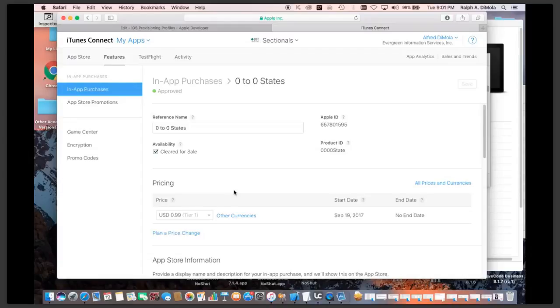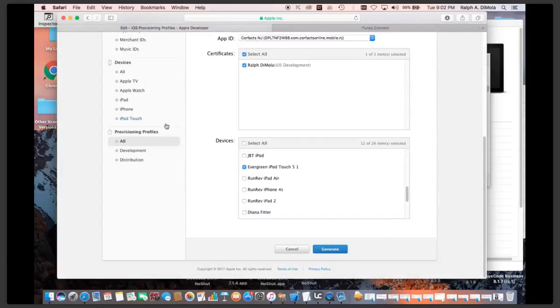But if you just don't upload a screenshot, it'll sit there in limbo land for the production release, but it will allow you to use it in an app generated with a development provisioning profile, and using a tester account for your Apple ID on that device, and it will come up and tell you that you're sandboxed and you can buy your in-app products all day long. And that is done